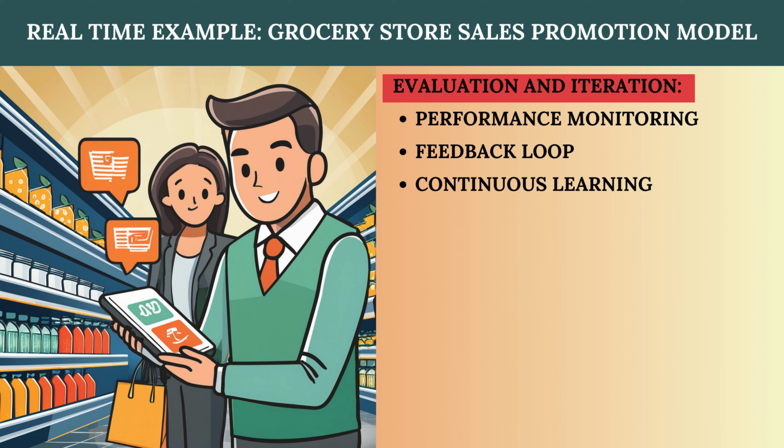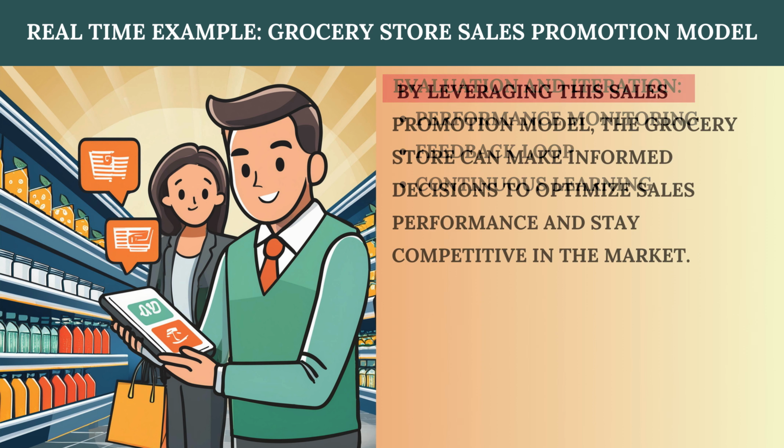In performance monitoring, regularly evaluate the model's performance against actual sales data and refine it as needed. Feedback loop: solicit feedback from store managers and stakeholders to identify areas for improvement and iterate on the decision model. Continuous learning: incorporate new data and insights into the model to ensure its relevance and effectiveness over time. By leveraging this sales promotion model, the grocery store can make informed decisions to optimize sales performance and stay competitive